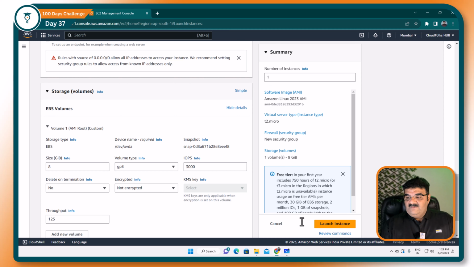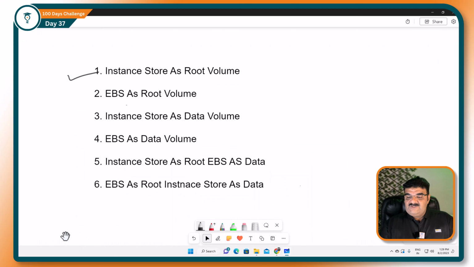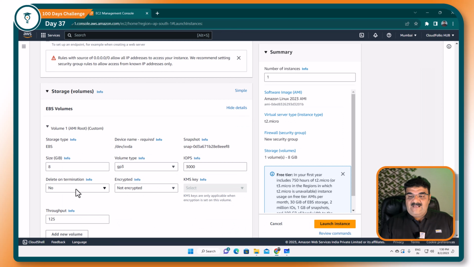Now, we completed these two scenarios, right? Instance store as a root volume, EBS as a root volume. Now, instance store as a data volume. So suppose I want to add a volume, like I got this